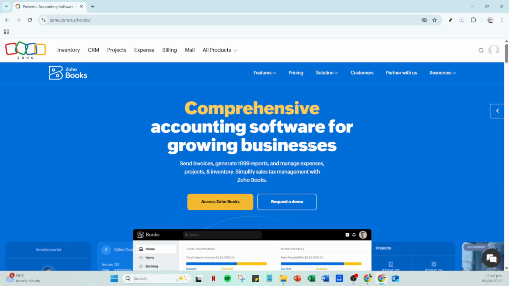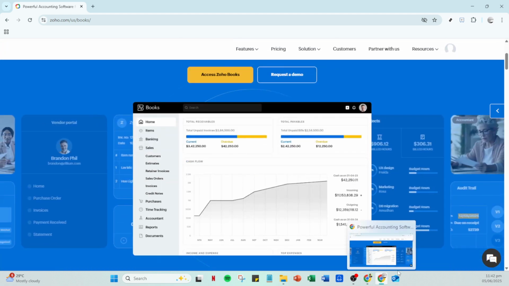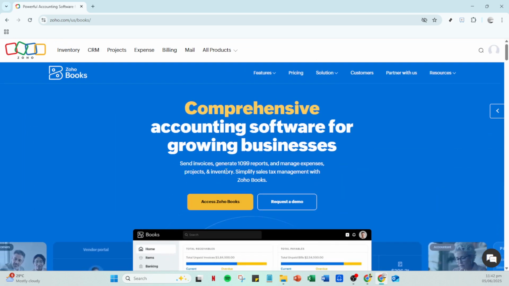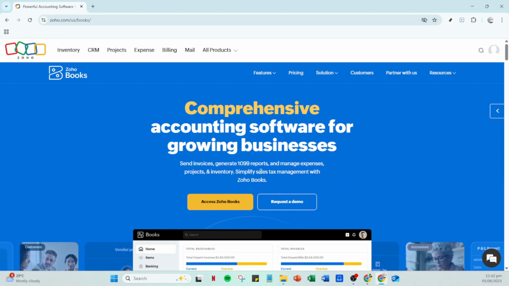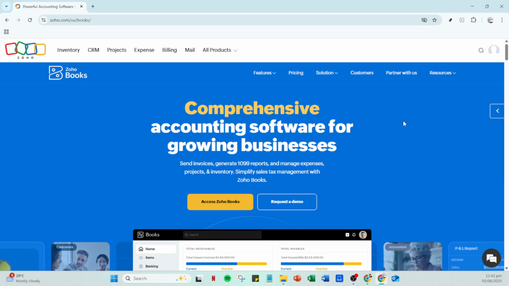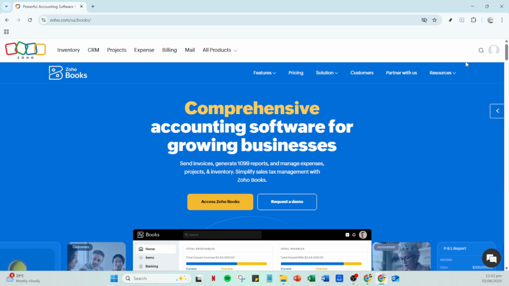First, open your preferred web browser and head over to the Zoho Books website. The direct approach allows you to access the powerful features Zoho has to offer. Once you're on the site, look for the sign up button. Clicking this will enable you to create a free 14-day trial account. This trial is a great way to explore the software and determine if it fits your business needs without any